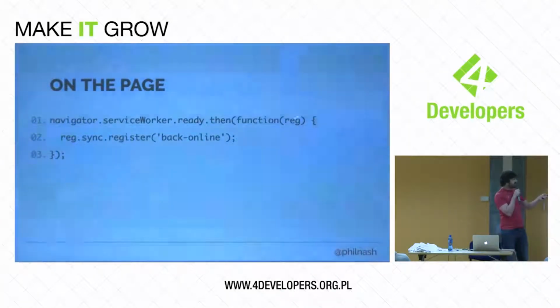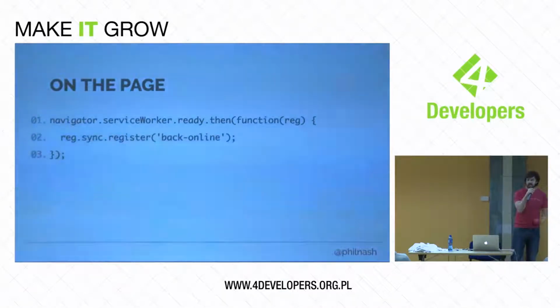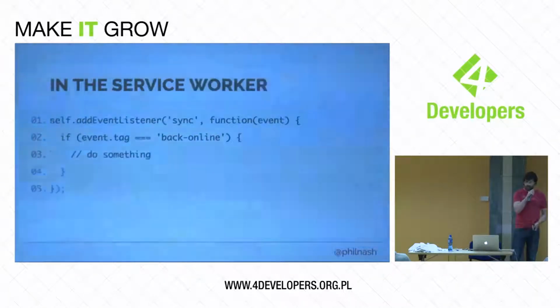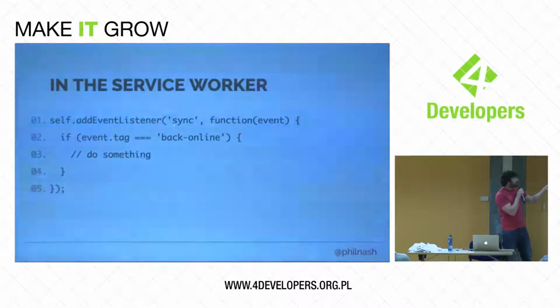And so you can always use this to get hold of the service worker at any point. Then when you want to register for a sync event, that is, when something has happened, like the form submit, we just call sync and register. And we add a tag here. In this case, I've just called it back online. But this tag means that you can register multiple sync events and then do different things with them when the sync event fires itself. And then in the service worker, you just have to listen for the sync event.